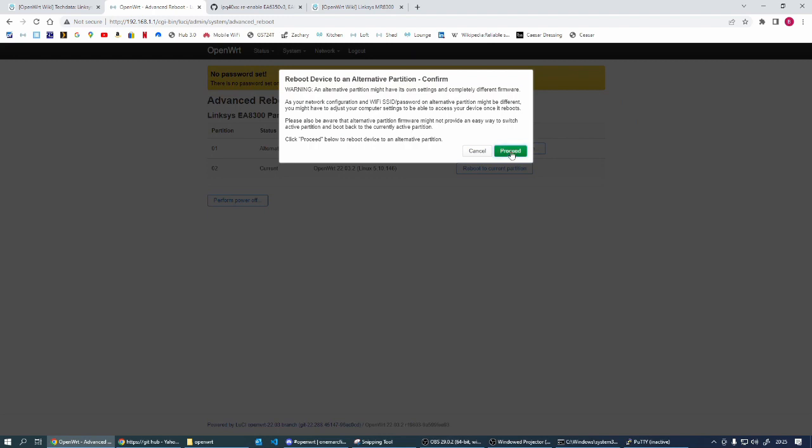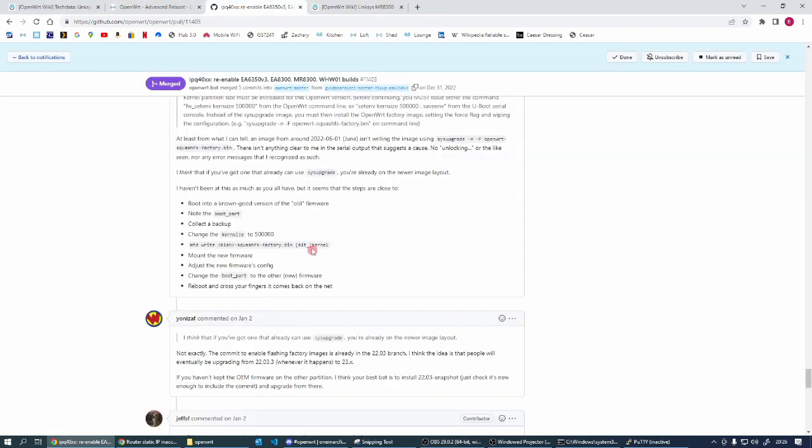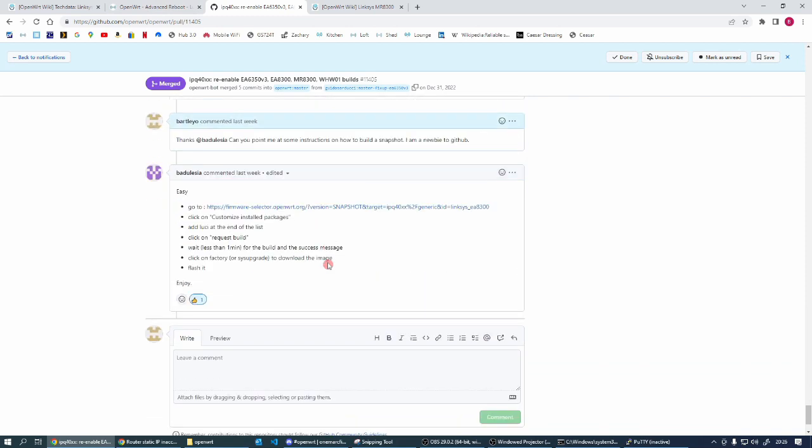Yes, proceed. Actually, first of all, I'm going to unplug the upstream WAN cable. I don't want it to get ahead of itself. That's unplugged, and now proceed. Now, while that's rebooting, let's go and get our new copy of OpenWrt. So I found this. You can go and build your own version of OpenWrt because it's not officially supported on 5.15, because you have to go through this special install process. So you can go to the snapshot tool,